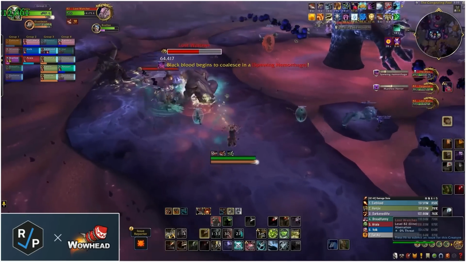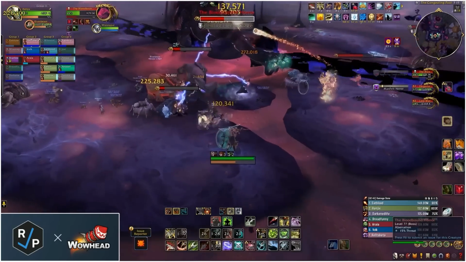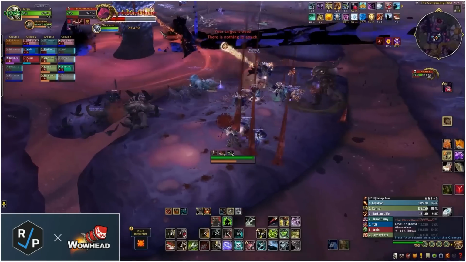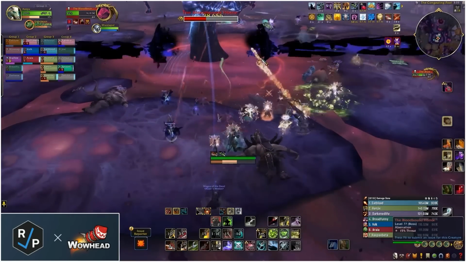There's always a big ad that has to be tanked and interrupted, or else the boss gets a huge shield. And there's up to 2 or 3 caster ads, which all they do is spawn little ads over and over that walk toward the boss and blow up on the raid if they reach it. So everyone should use slows and stuns and knockbacks and all that on the little guys while cleaving everything down